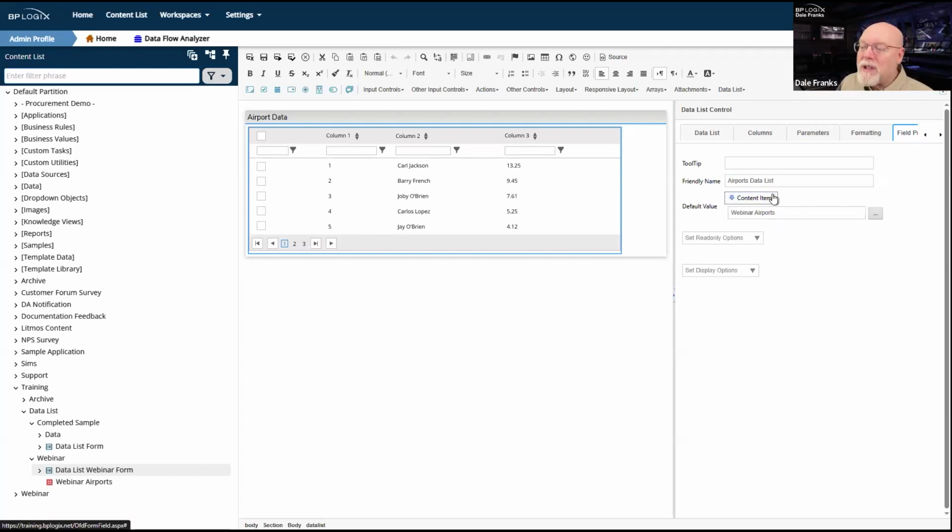We have to do the same thing here. Process Director needs to know where this data is coming from, and I need to specify a content list object that is providing the data, specifically the business value that is supplying the data.